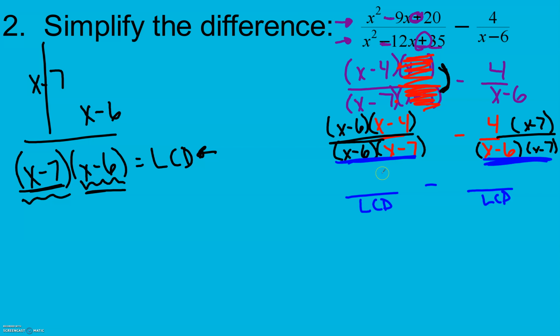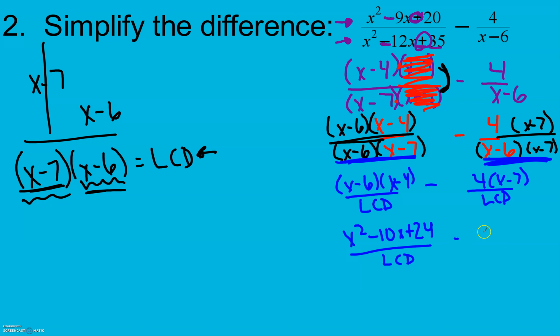In my numerator, we will multiply these out. So FOIL, x squared minus 4x minus 6x gives me negative 10x plus 24. Here, I'm going to take the negative with my 4. I'm going to distribute that subtraction in. Otherwise, a lot of times we forget. So here I'm going to have